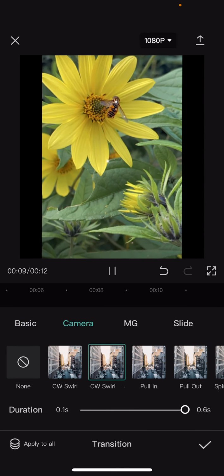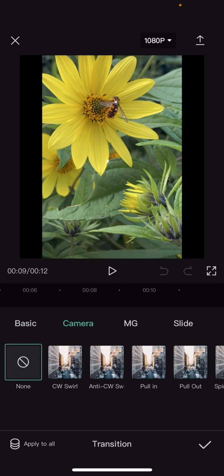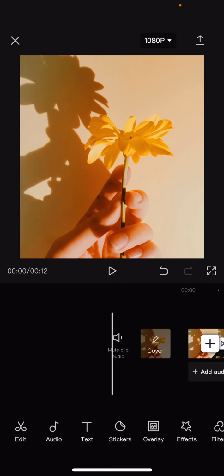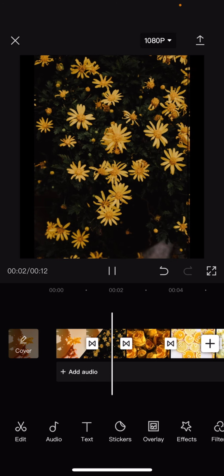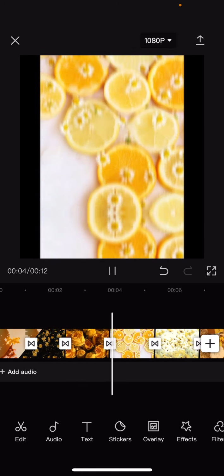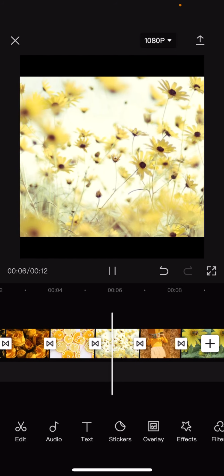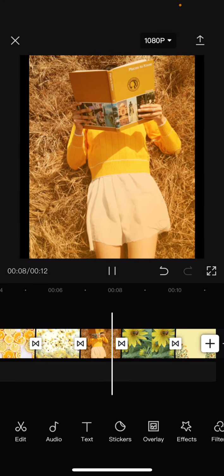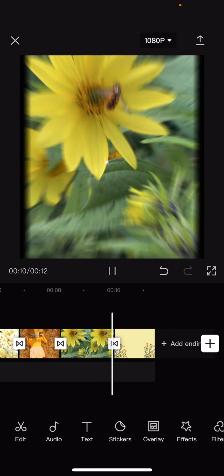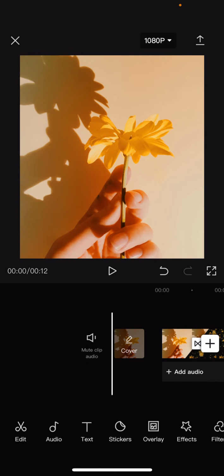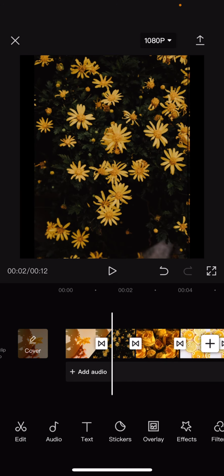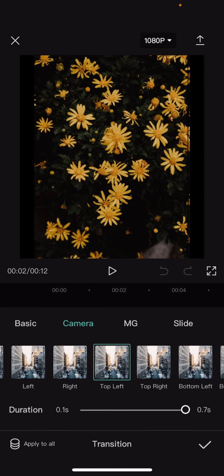Things like this. So their edit can end up like something like this. And it does look good. But to get the full vibe, what I do is just quickly,